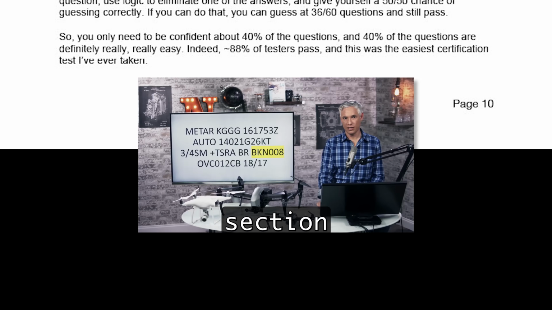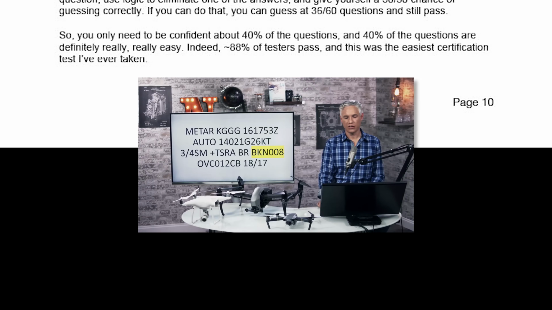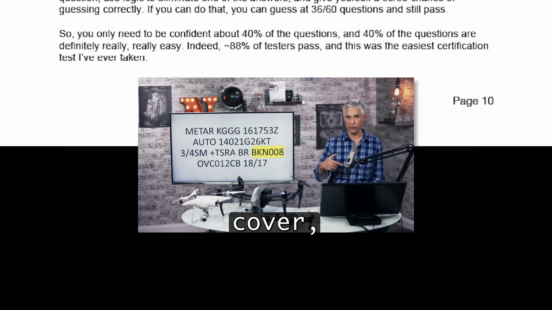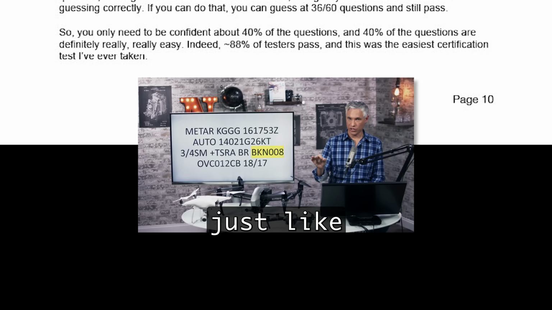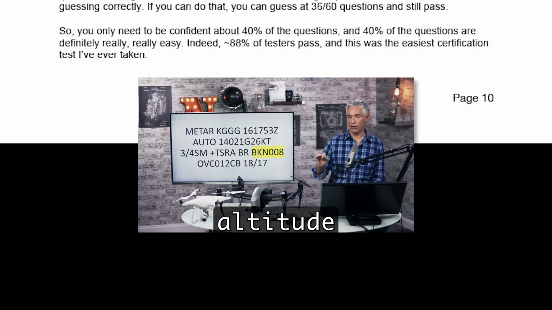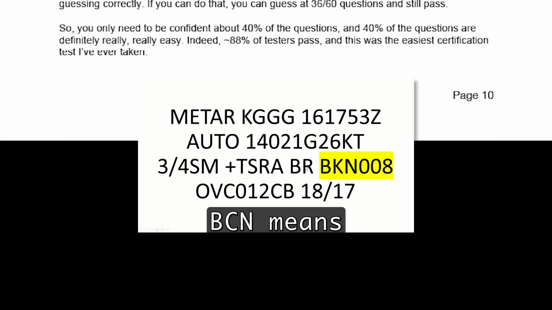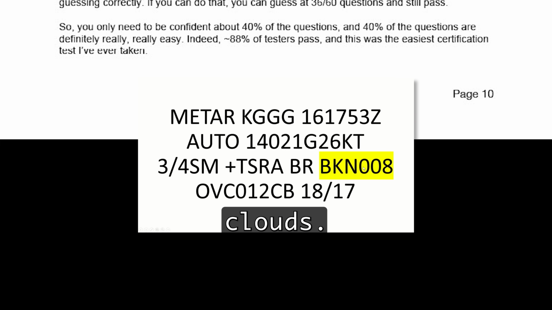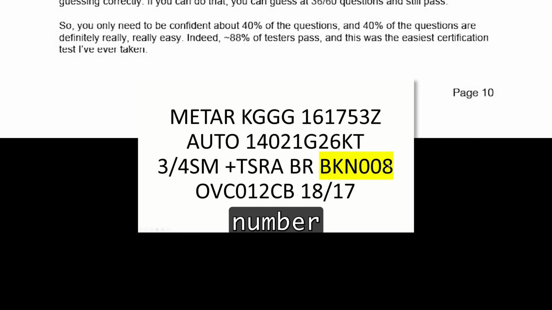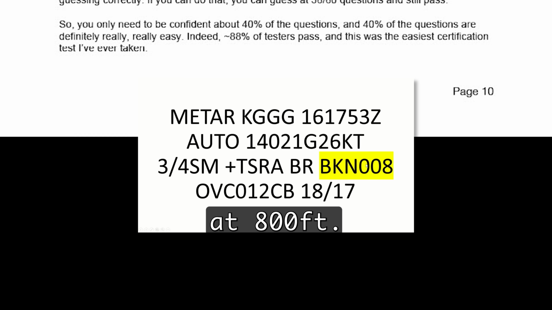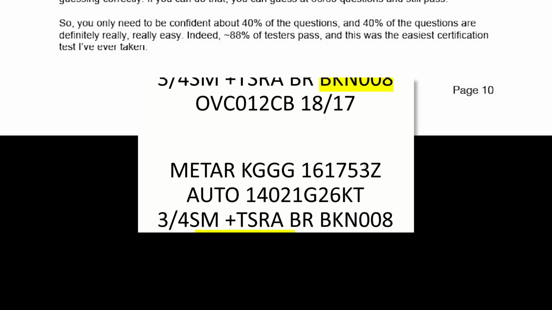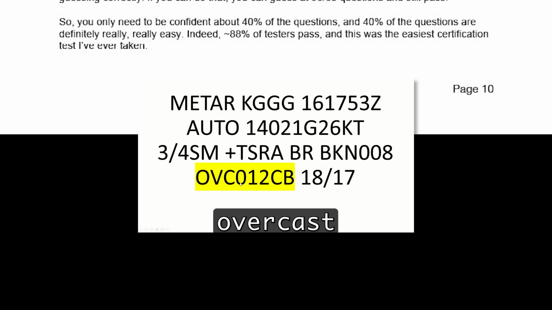This next section indicates the cloud cover. And just like earlier, they're indicating altitude by dropping 2 zeros off of it. So this BKN means broken clouds, and then we're going to add 2 zeros to this number, 800, broken clouds at 800 feet. This means overcast